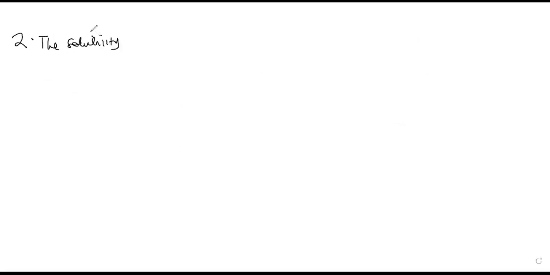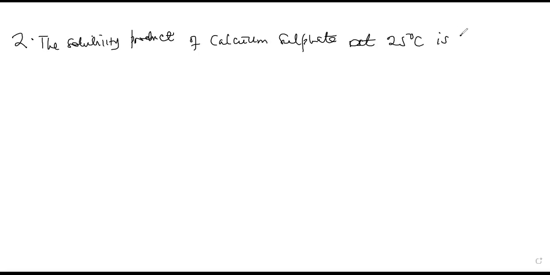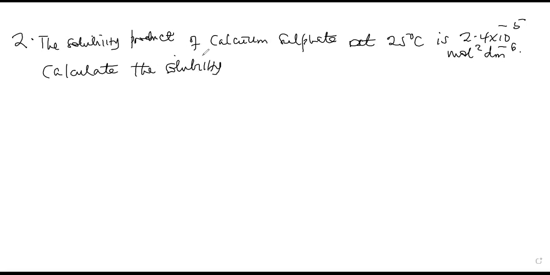The solubility product of calcium sulfate at 25 degrees Celsius is 2.4 times 10 power negative 5 mole squared decimeter power negative 6. Calculate the solubility of calcium sulfate in moles per decimeter cubed in